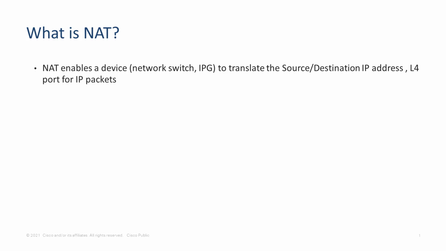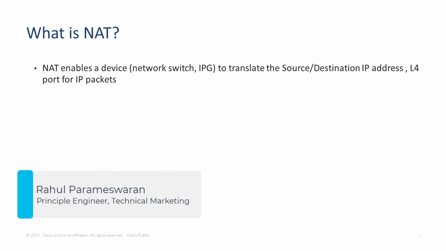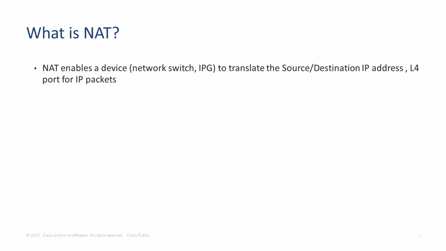In this video, we're going to talk about multicast service reflection on the Nexus 9000. Now, before going into multicast service reflection, let's do a quick recap on network address translation. Using NAT, an operator can translate the source IP, the destination IP, the source port, or the destination port